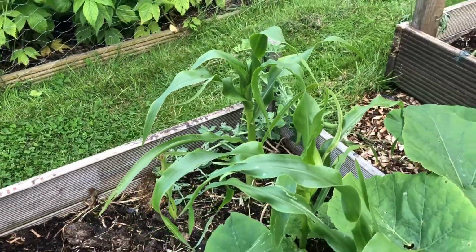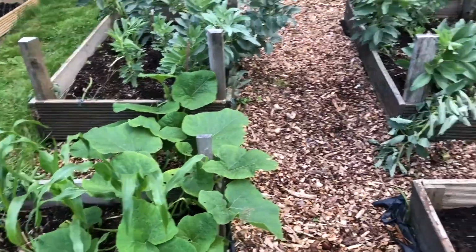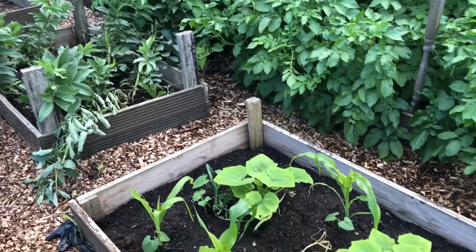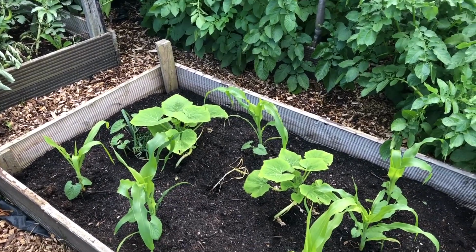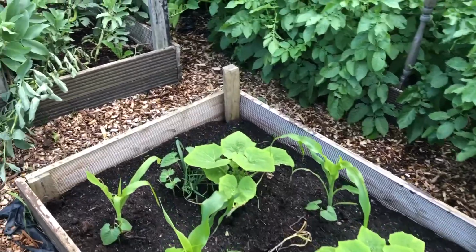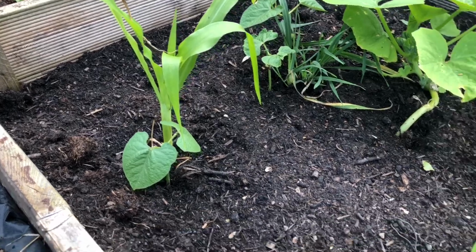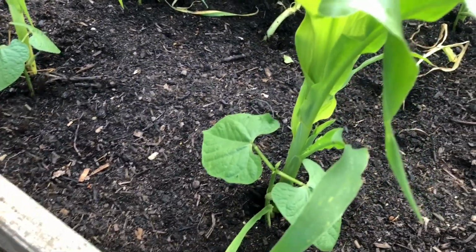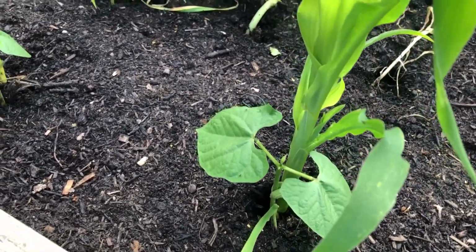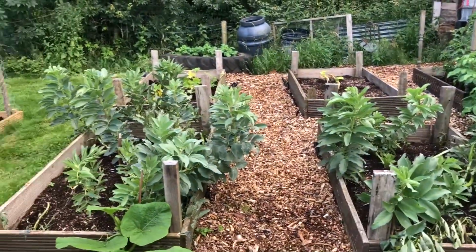So yeah, the sweet corn's doing really well this year. Last year we had to replant them because they got hit by a late frost, but this year I planted them much later, and they look much happier for it. So yeah, I'm really happy with that. And these beans are looking really good. Last year I never got round to putting the beans in, or I think they might have died off or something. Yeah, so it'll be really interesting this year to see them grow up the sweet corn and how well